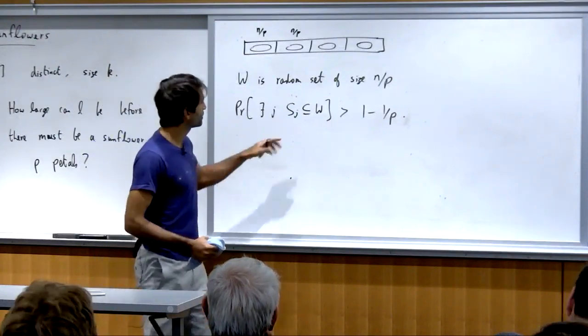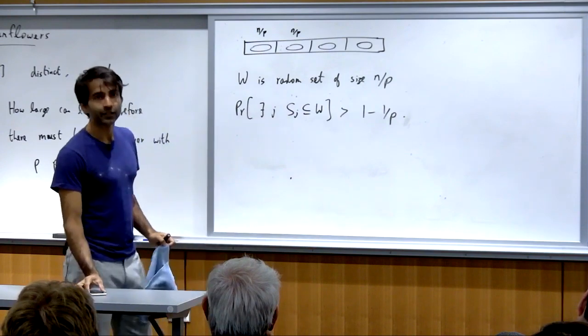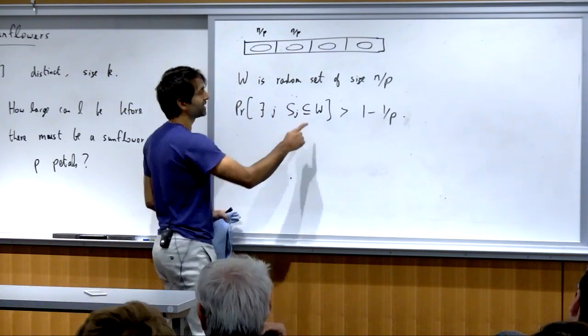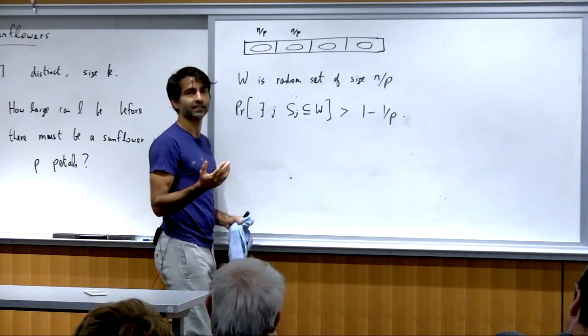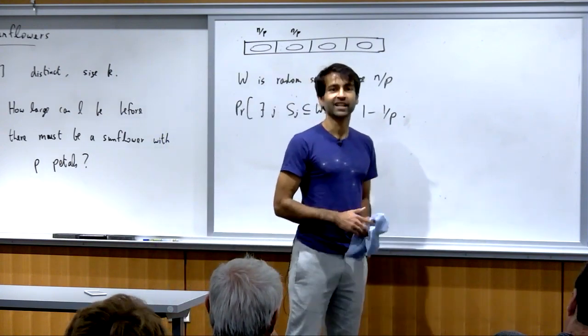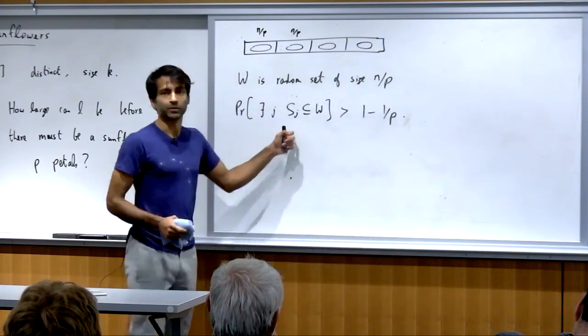So eventually we want to prove this statement, and we will prove it. But it's easier to understand the simpler statement that the probability that W swallows up 90% of some set is actually very high. So I'm going to try and prove that statement first, because the proof of that statement is much easier, and then we'll get to proving this statement.